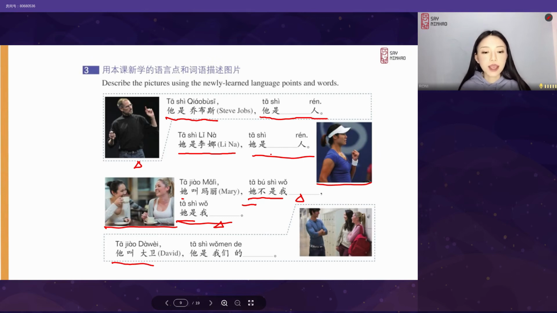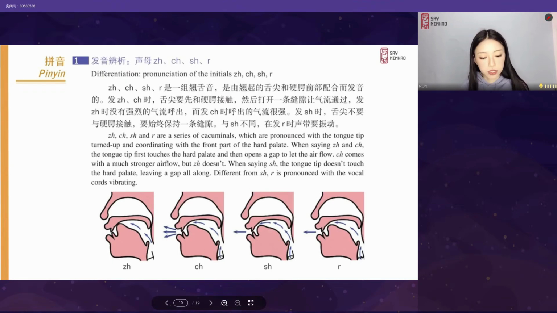The next one, last exercise. 他叫大卫，his name is David. 大卫 is the Chinese translation for David. 他是我们的 He can be anybody you want, for example, maybe your friend, 朋友, or teacher, 老师, or 学生, student. So the blank can be 他是我们的朋友，他是我们的老师，他是我们的学生。